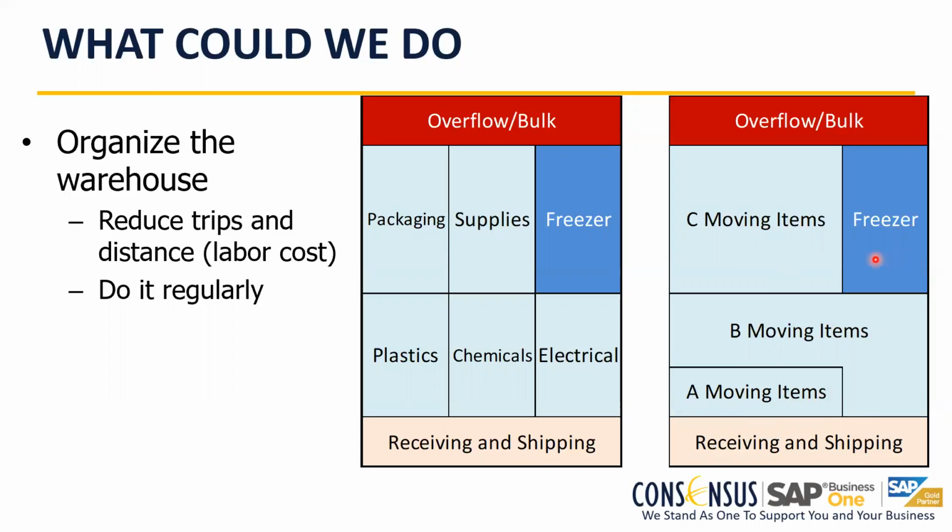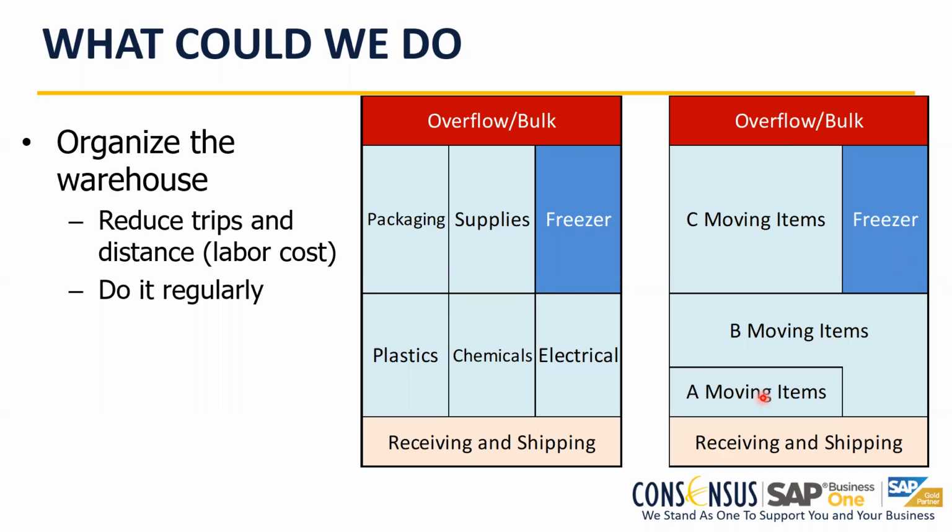The freezer or the cage or whatever it is that you need, the lock, is hard to move, at least in the short term. So you just keep it where it is and leave in the overflow bulk whatever you have in excess inventory that you don't think you're going to be consuming in the next few days.